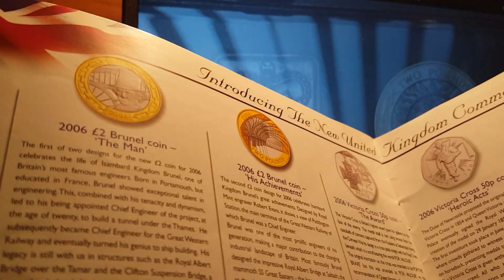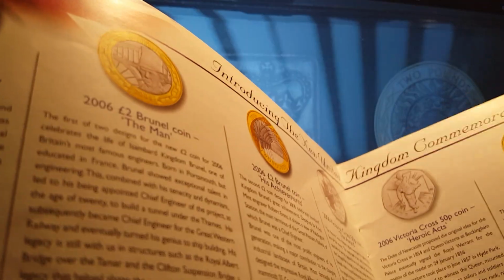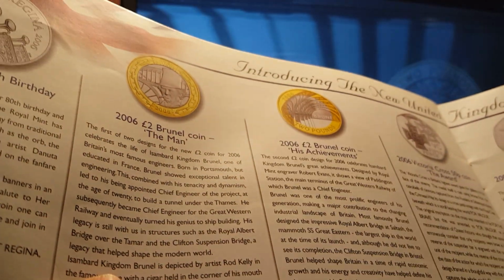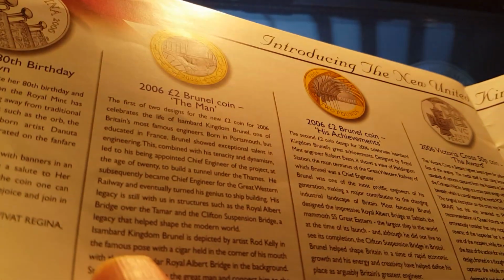And I don't even dare look at the pictures in depth. I don't even dare. I think I'd have a nervous breakdown. I really would, because if that £2 coin turned out to be like this on here, I would have gone berserk. Had I known now